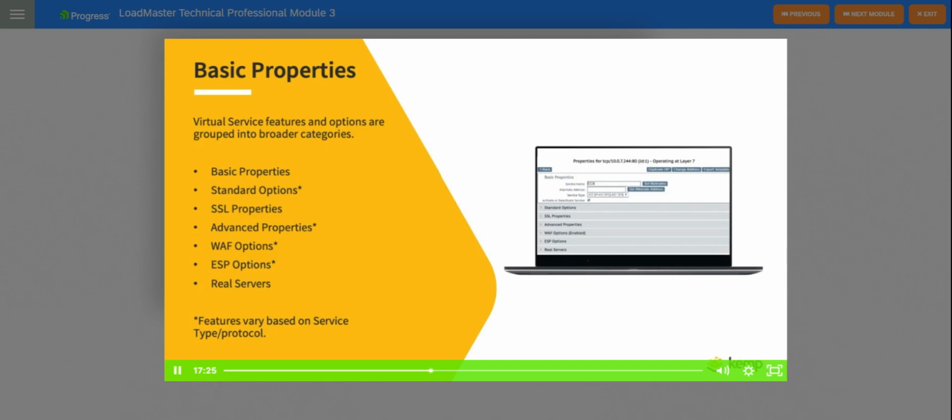WAF options, assuming that the service is HTTP or HTTPS offloaded, will open up the options to configure the WAF rules and associated details. ESP options. This section is used for securing applications with pre-authentication methods and providing extra security relating to the virtual service access. Real servers. Here you will see a list of the real servers, which are the defined endpoints for the associated